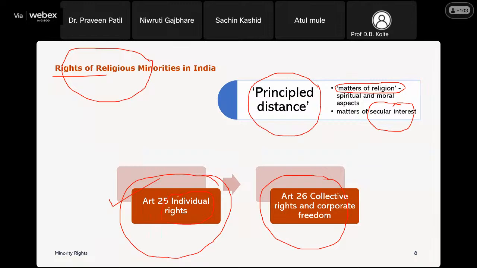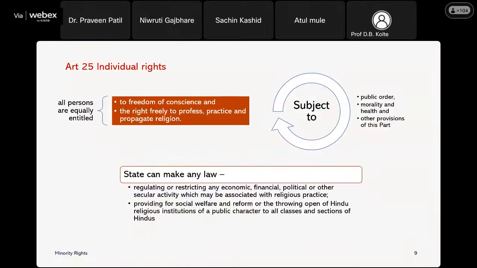What these are, let us look into the next slide. As I said, Article 25 of the Indian Constitution